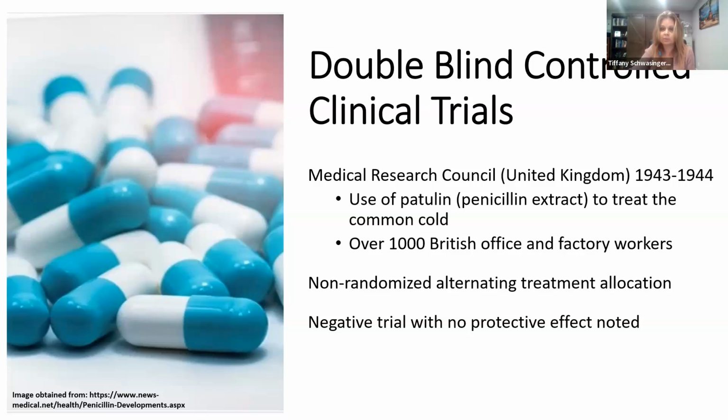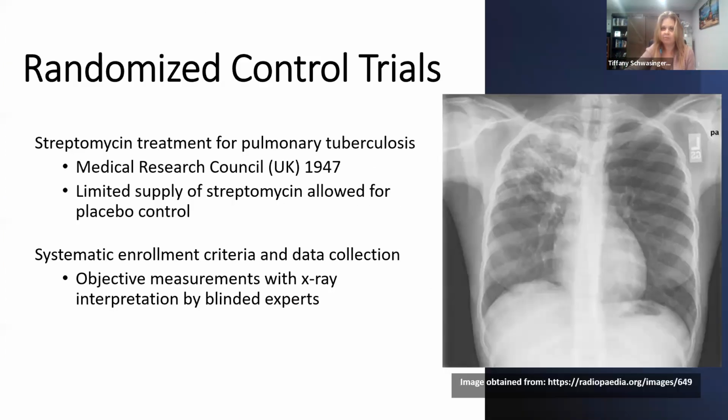So that's really important in clinical trials, especially when we're trying to determine if medications are safe and effective. The randomized control trial, which is what a lot of people talk about, is really where we take it one step further. And so instead of giving out the medication one by one, it goes into a central area where they basically do like a database, and it randomly assigns treatment to each one, whether it's placebo or it's the active control. And the first study that actually implemented this type of design was when they were using streptomycin to